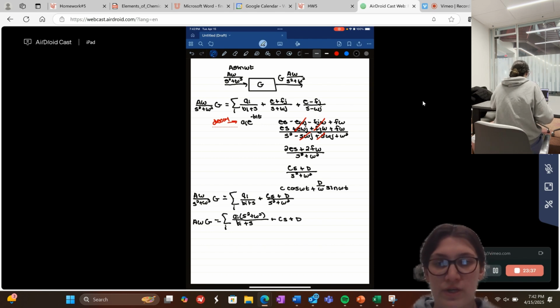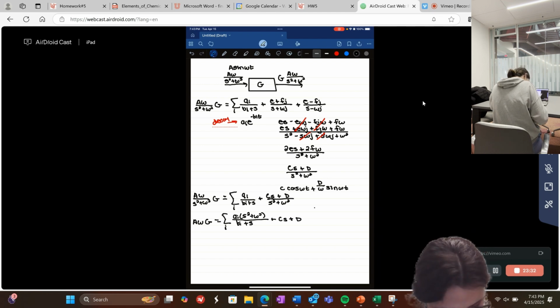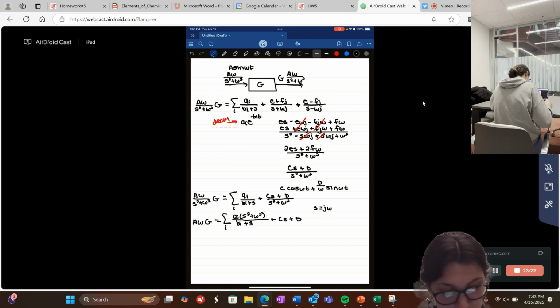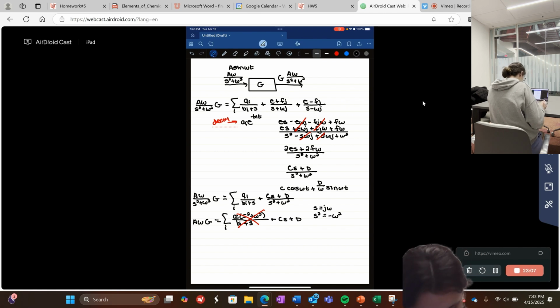Next, what we can do is enter our substitution, and that's going to be that s is equal to j omega. And when we do this, the first thing we want to notice is that this term is going to disappear, and that's because s squared is equal to negative omega squared. Other than that, we're good to plug this in, and you end up with a omega times